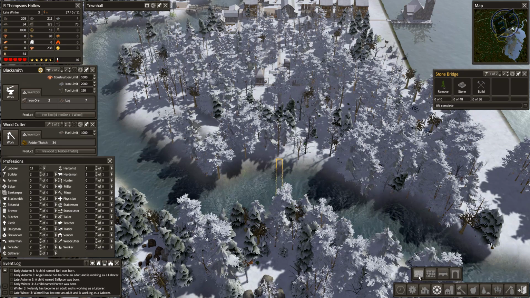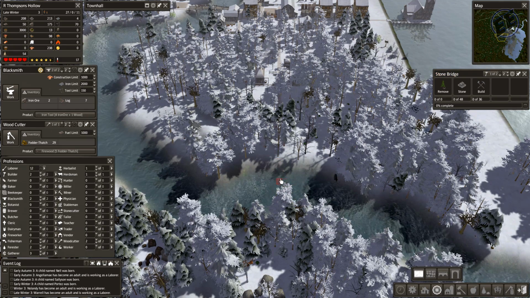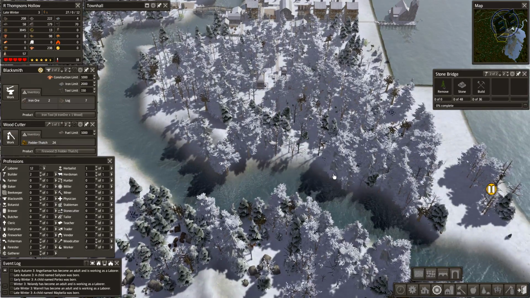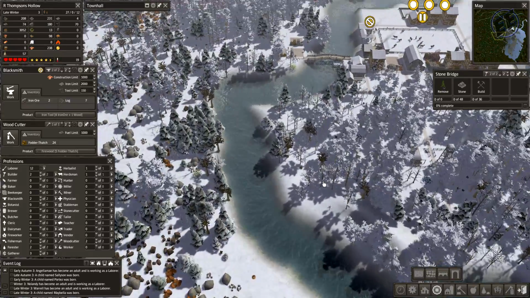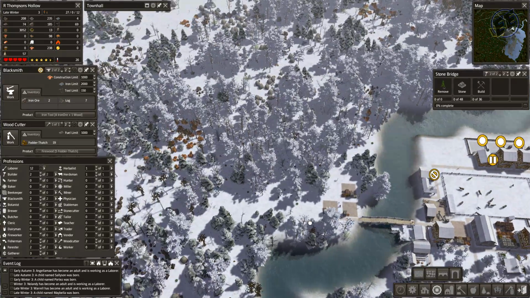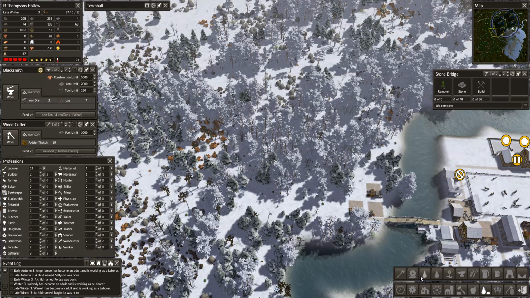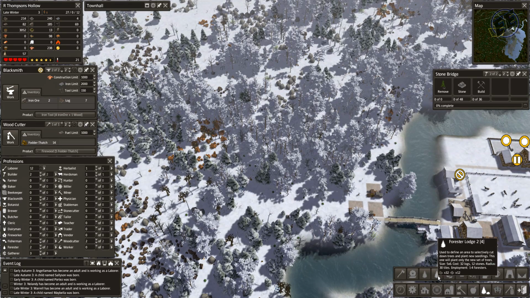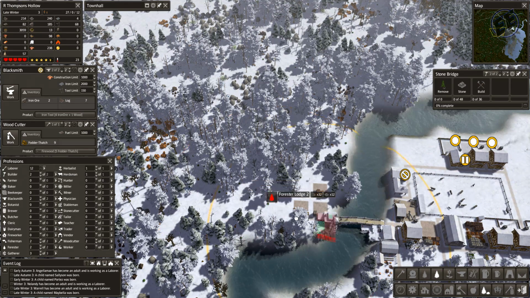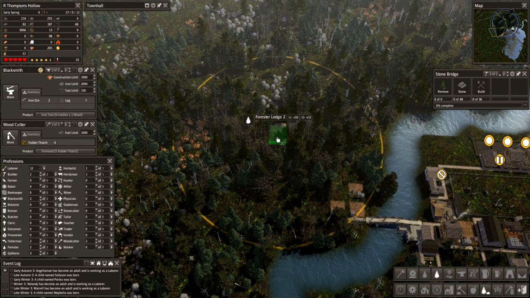And in the interim, we're going to take the dirt road and go right up through with it. Right on. They're clearing out the rocks over here. They do have these stockpiles. And then I want to come in here with the Forester's Lodge, plant new seedlings. We'll go with this one, just cause, and I want to bring it